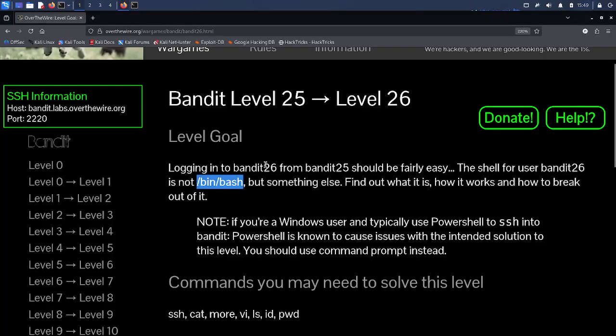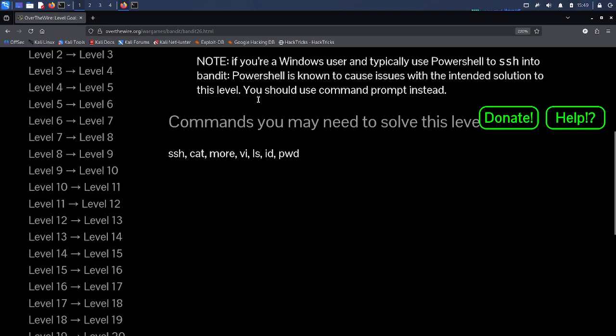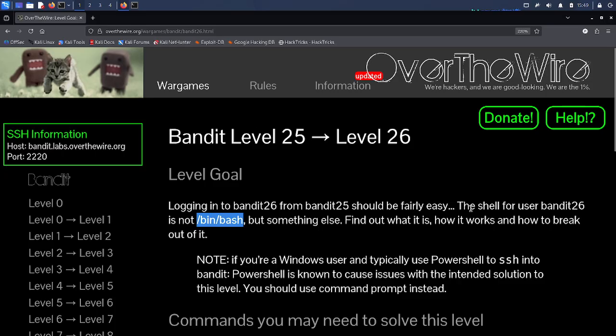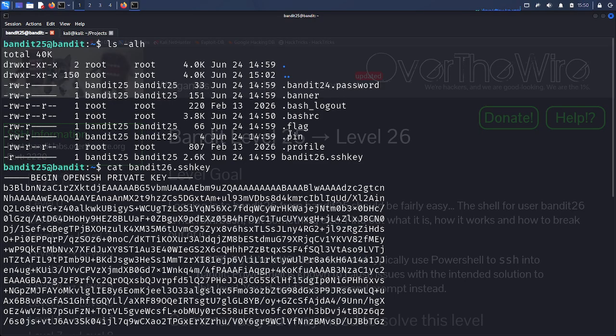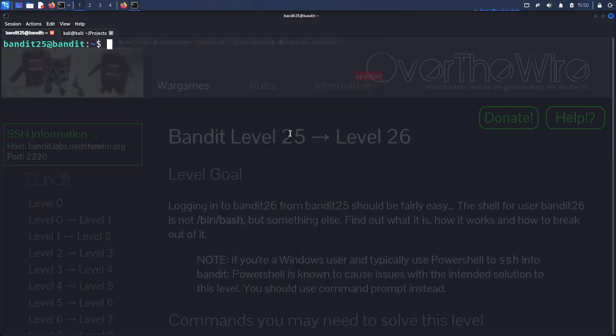The shell is not /bin/bash. Remember when they modified the bashrc so we couldn't log in using bash? We had to use a different interpreter and not bash. I think that's what we're gonna have to do here, maybe. But to find out what they're using, we can go cat